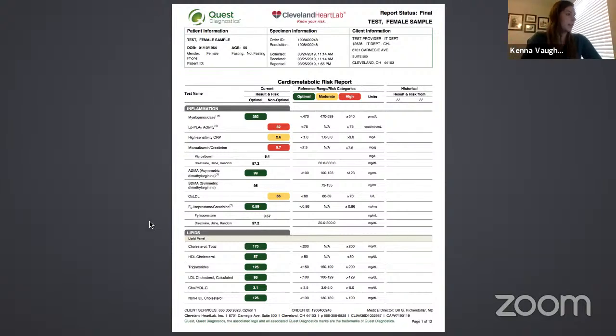Yes, the next one is the ADMA and the SDMA. Those are not the same thing, but they're a factor that we want to look at to make sure that they're in check, because they are naturally occurring amino acids in the body. However, they do have a significant predictive factor for cardiovascular outcomes and mortality, especially in patients who are already on dialysis. So, like we do with the CRP, we just want to keep it in check, make sure that we have those markers on paper so we can make sure that they're improving